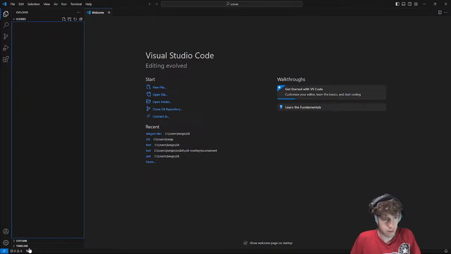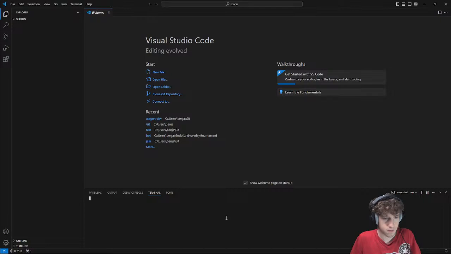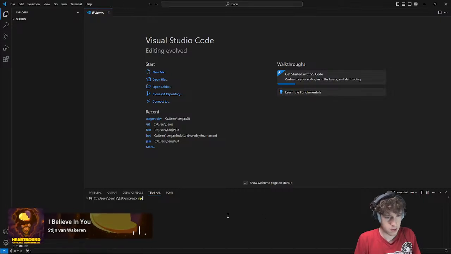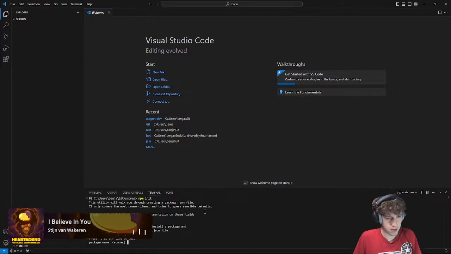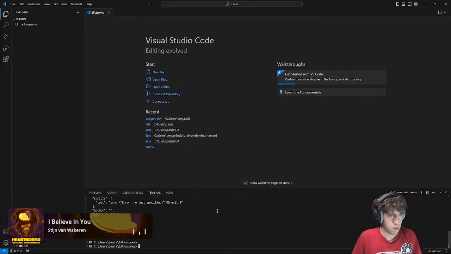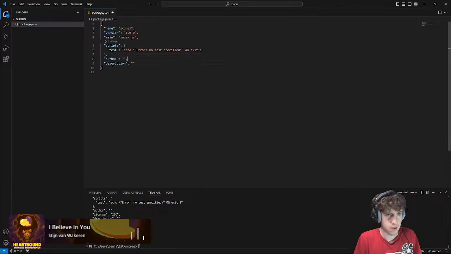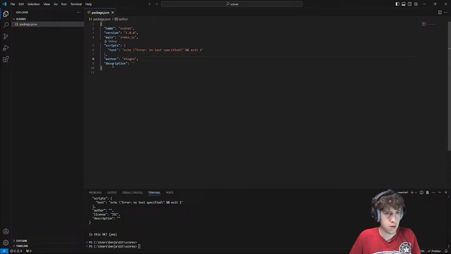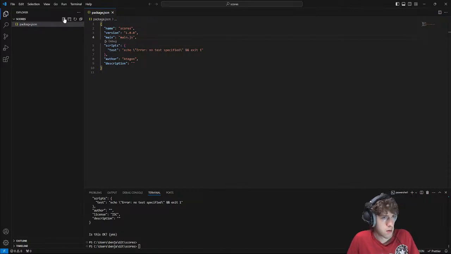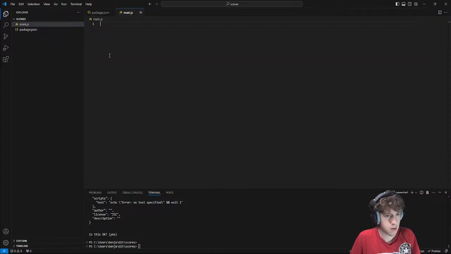So basically in here, I'm going to want to open up terminal, initialize this, some basic info to start, no license, main will be main.js. I'm going to install Express.